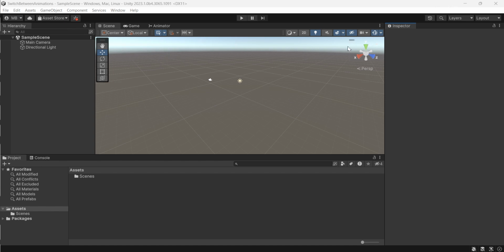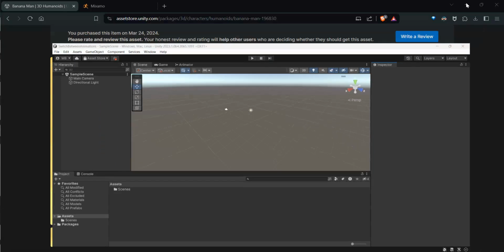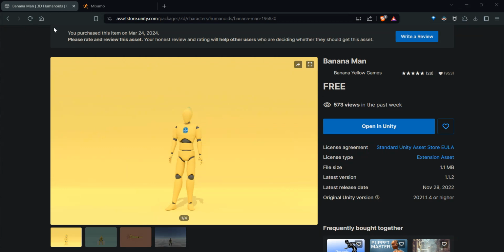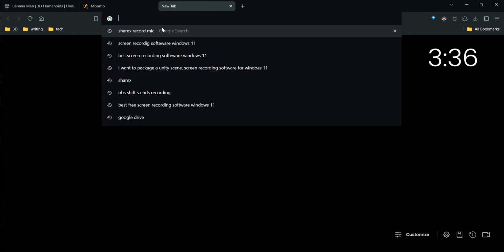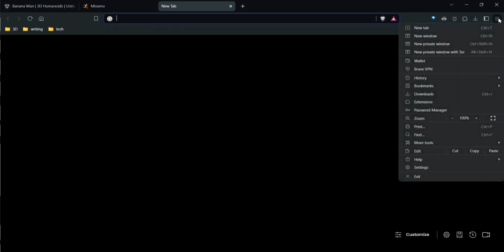I'm going to grab first a model, a humanoid, from the Asset Store. That's assetstore.unity.com, and you can search for Banana Man. I think, in fact, I searched for Banana Man, all one word. But Banana Man is what I'm going to use. You won't see it necessarily open in Unity. If you haven't signed in or if you haven't used this before, you may see